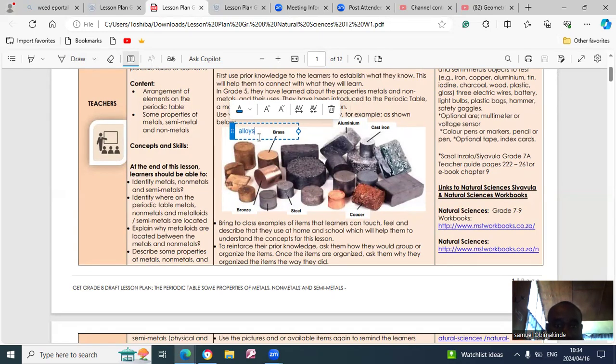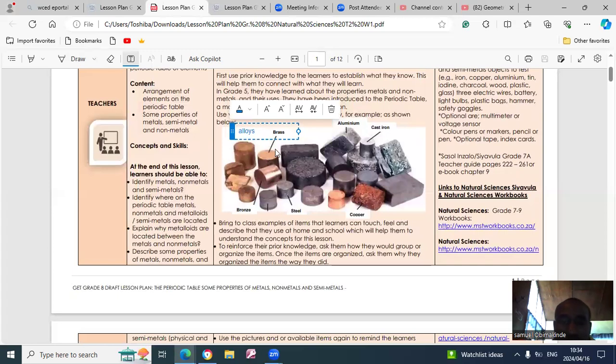Right. So with time, I will tell you what alloys are. Alloys are a mixture of two or more metals in order to form a substance with desirable qualities. For example, brass comprises copper and tin, right? Brass comprises copper and tin. Then bronze comprises copper and